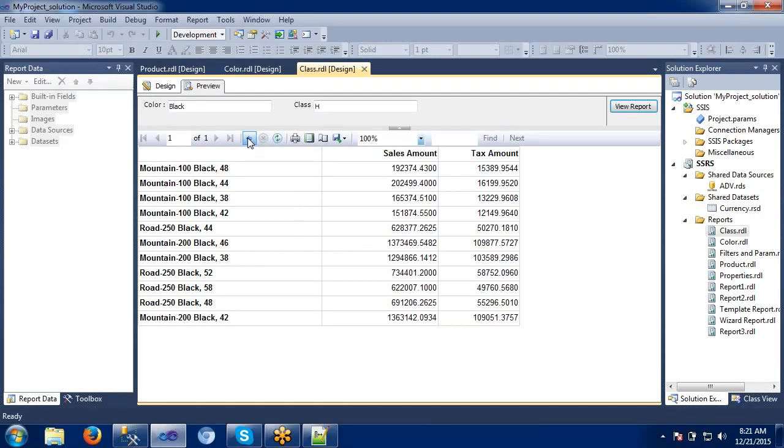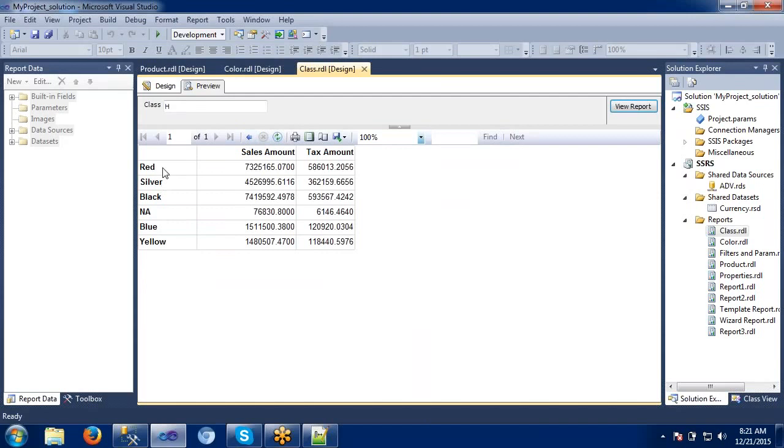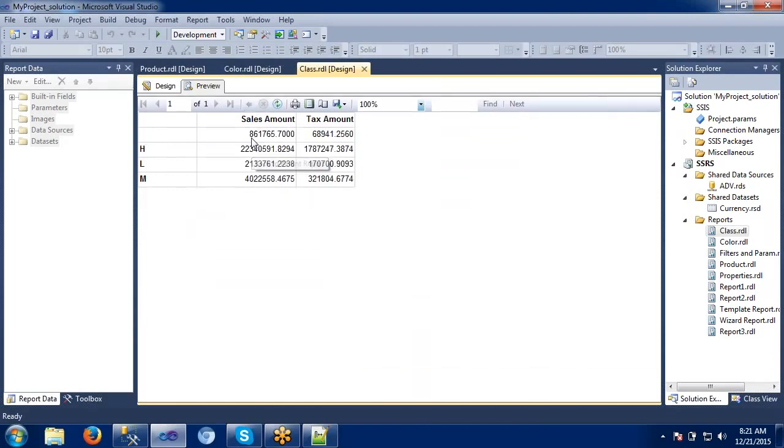Now I'm in the product, and if I want to go to the parent of this report, this color report, see, now it has taken me to the parent report. Again, the grandparent to this one is class. These options will be enabled only when we have some drill through report options. Once again I am showing here.